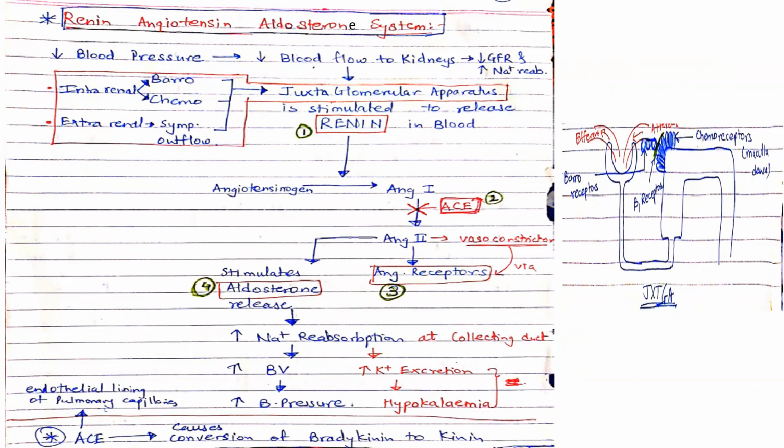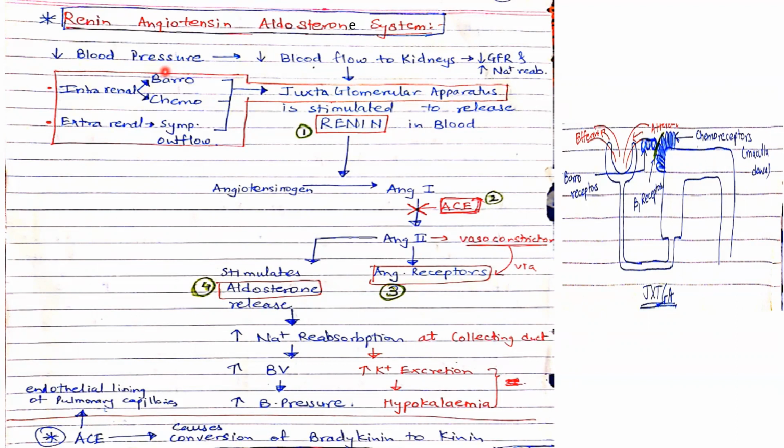Before discussing ACE inhibitors or angiotensin receptor blockers or aldosterone antagonists, we will discuss the renin angiotensin system first. What happens at the normal physiological condition with the renin angiotensin aldosterone system? What exactly does this entire system do? That is what we are going to see now. Imagine there is a condition in your body which is leading to decreased blood pressure. Again, suppose a person meets an accident.